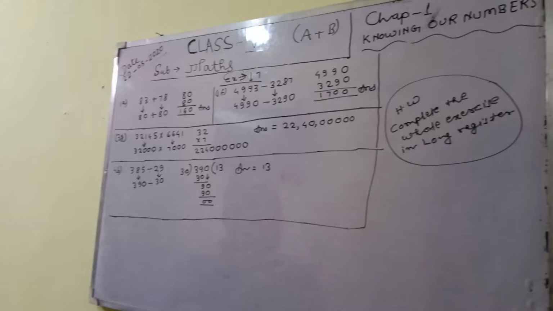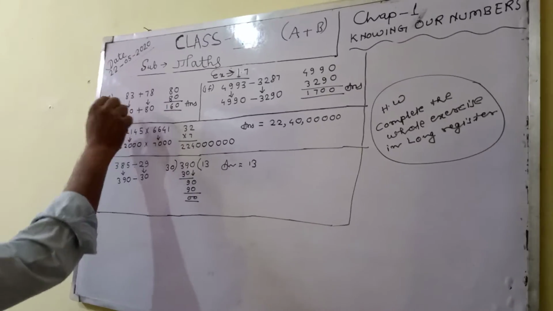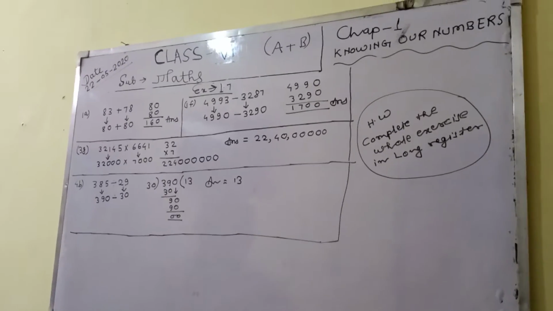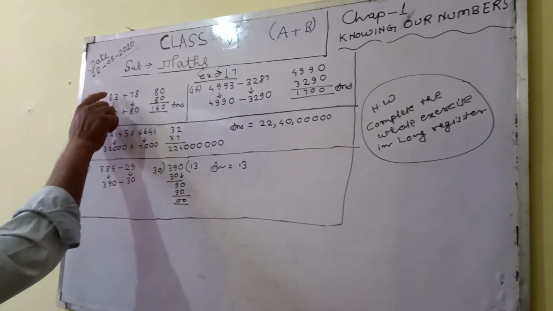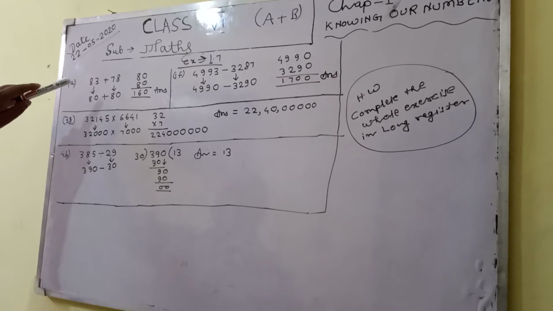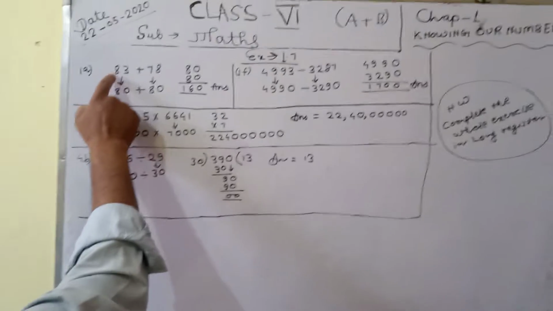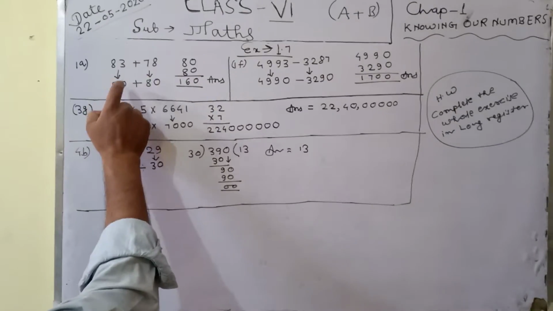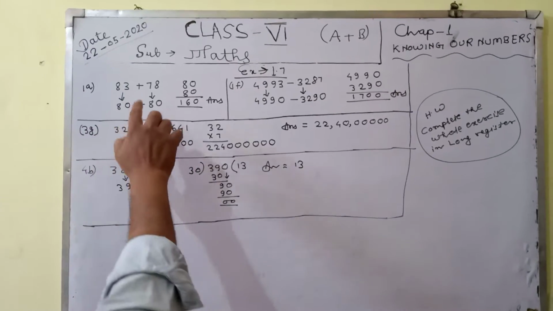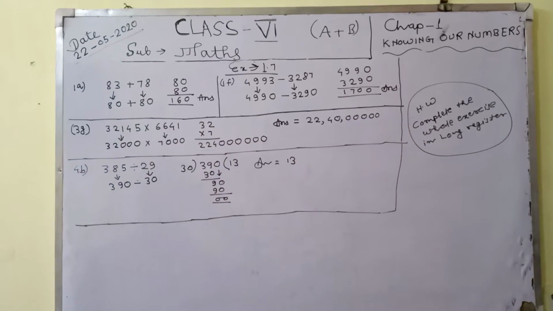First of all, it is already told to convert into the nearest tens. So by making the arrow sign, follow nearest tens. I have already given you that for tens we have to follow the ones place. The ones place is less than 5, it is 3, so the finding number will be the same. So 8 is the same, and next to it will be zero. So we have converted 83. The round off of 83 is 80. Similarly, the round off of 78 is 80. You can understand with the help of the given rules.